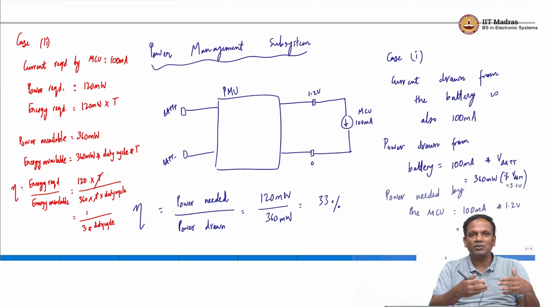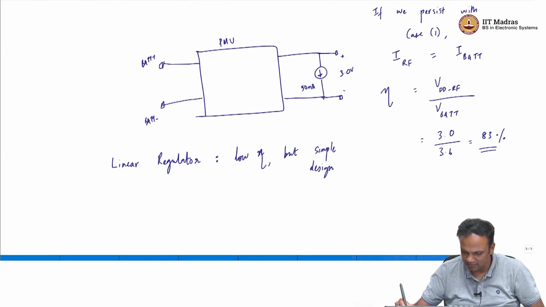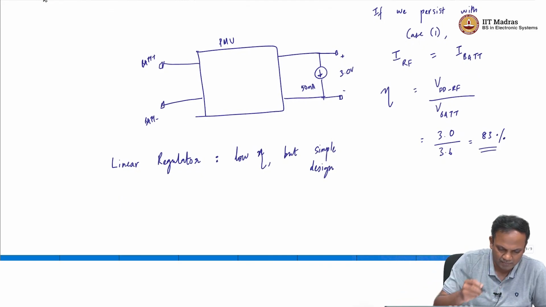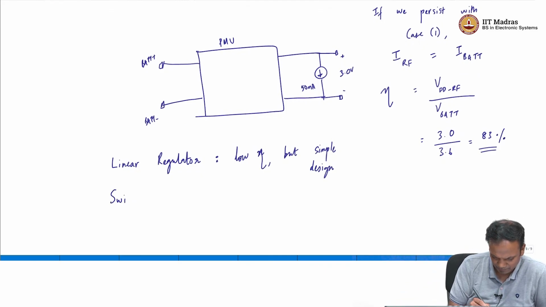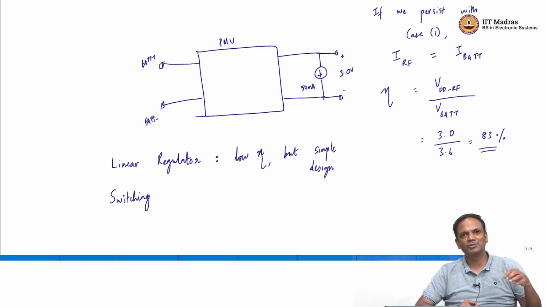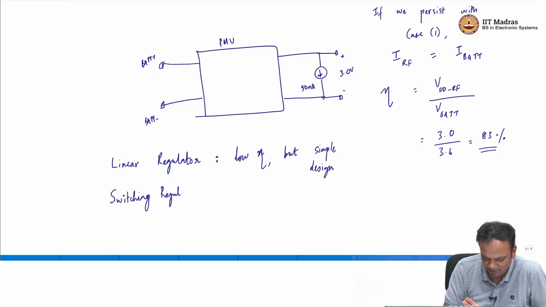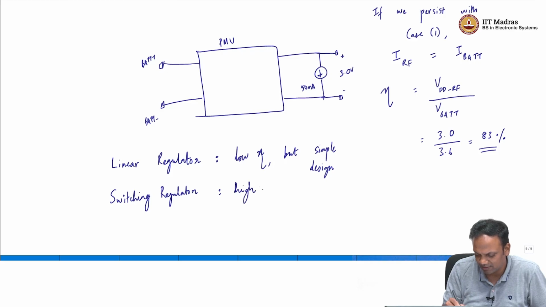So, what you will have to do is play with this duty cycle to get maybe 90% efficiency, 95% efficiency in operation. So, that is done through something called the notion of duty cycle itself, which indicates that something is switching, right. Duty cycle is usually defined as the ratio of on time to time period, which means something is switching. So, this class of regulators are called switching regulators, where you get high efficiency,